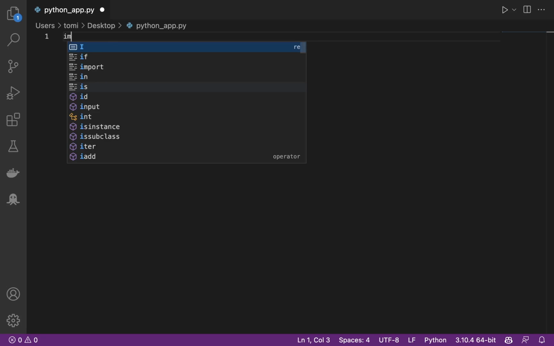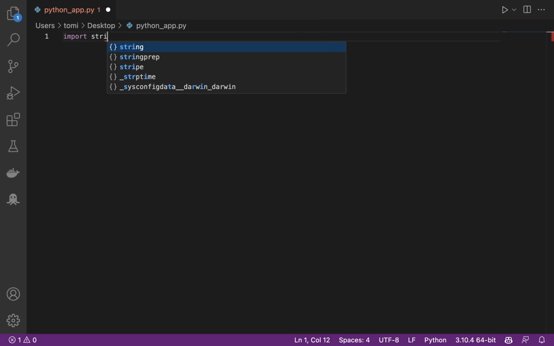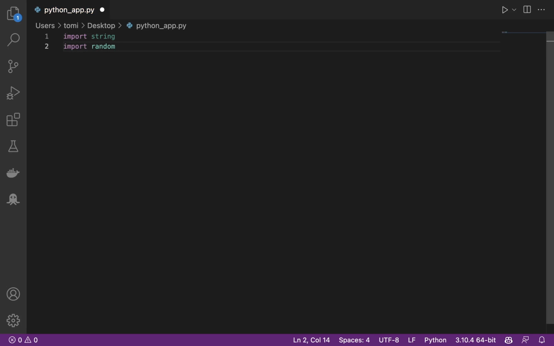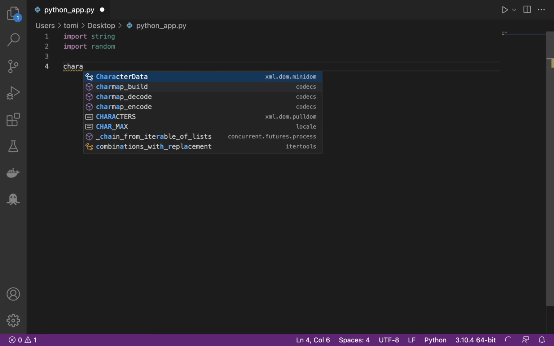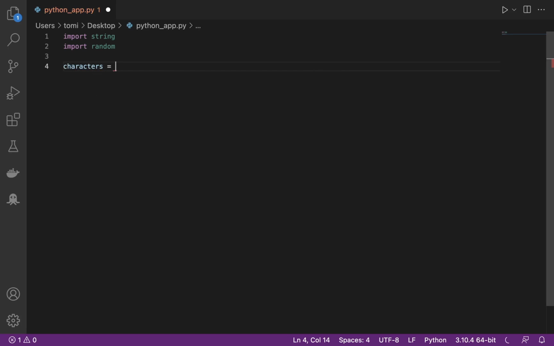The first thing we want to import is string, and then we want to import random. Once we import both of these, the next thing we want to do is have a variable named characters. What these characters are going to do is take a list of all the different characters that we want to generate our password from. So this is going to be string dot ascii letters. We also want to use string dot digits,